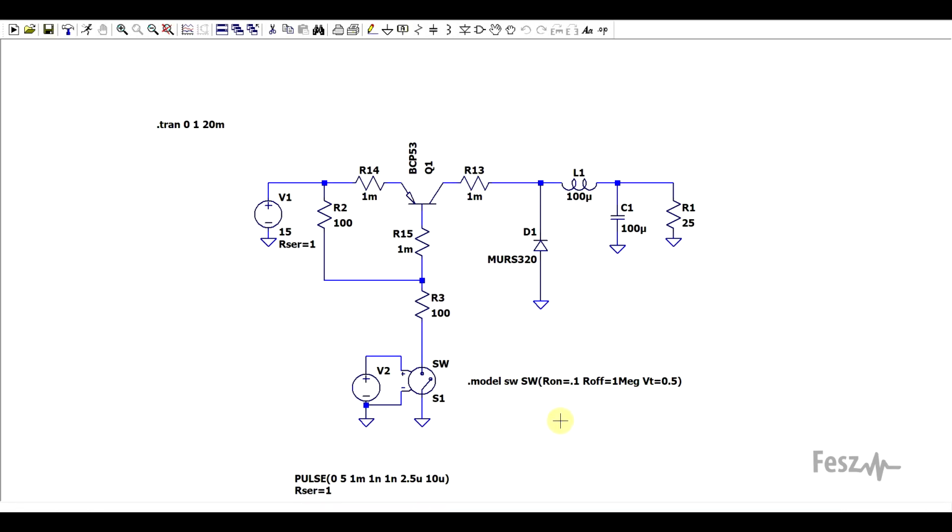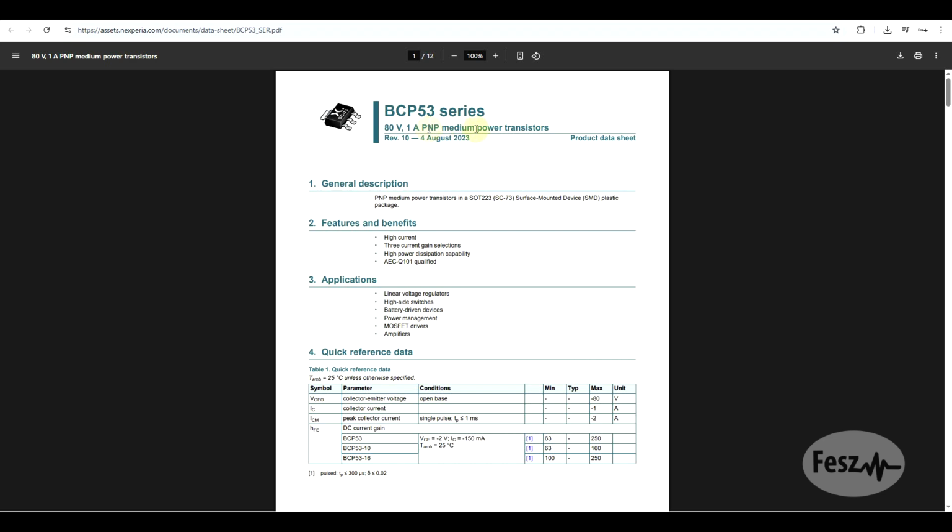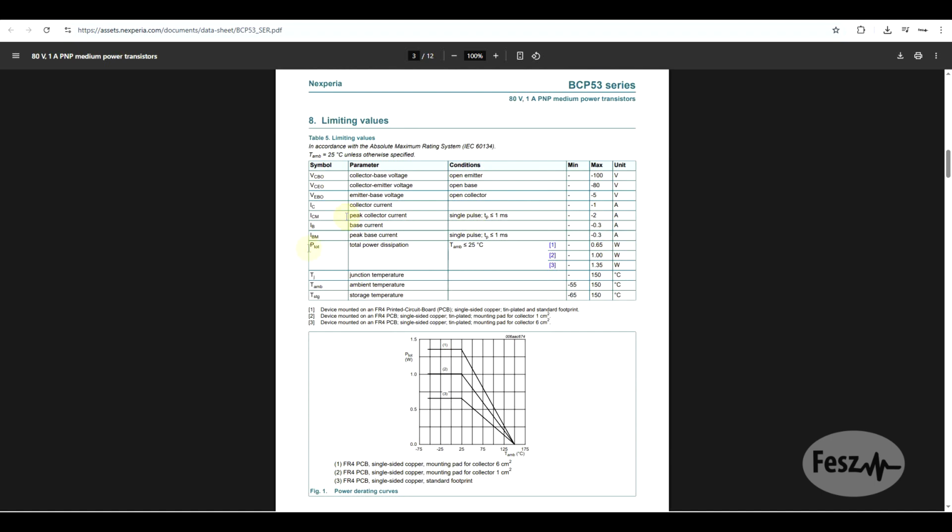So the critical design question that needs to be answered is, will the junction of the transistor exceed its temperature rating or not during the transient? To highlight this difference, I first created a basic buck converter around the BCP53 transistor. So this is a PNP medium power transistor, which is rated for a continuous power dissipation of around 1 watt,